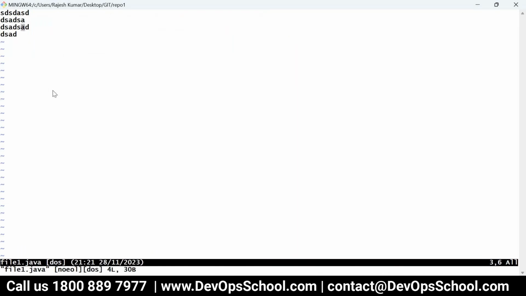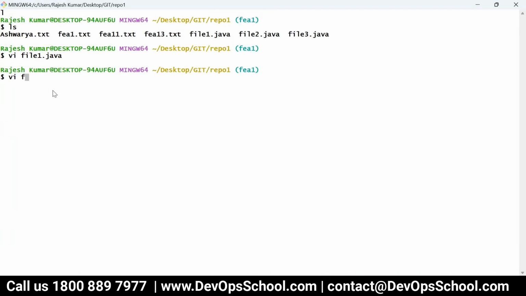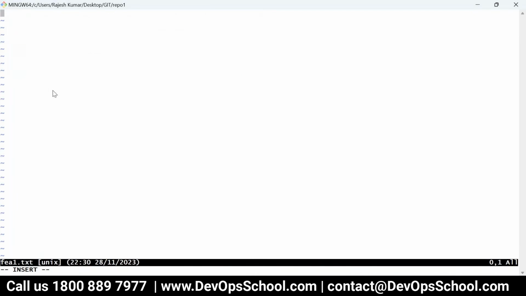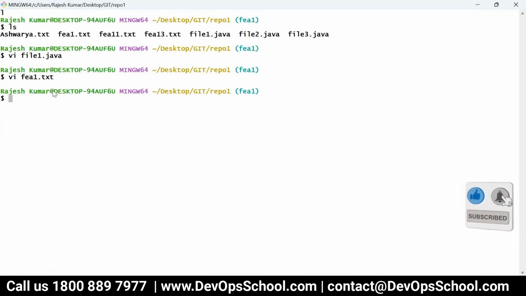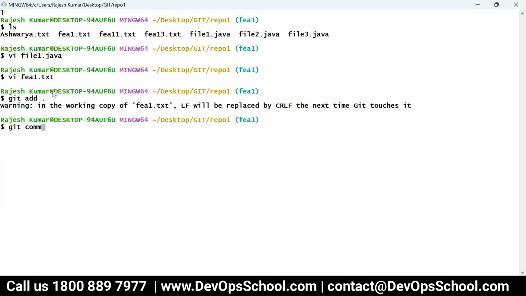Let's go for the fee1 file, which is easier. This is the txt file, and here I am modifying the first line. This first line I modified to Rajesh 1, and then git add ., git commit Rajesh 1.